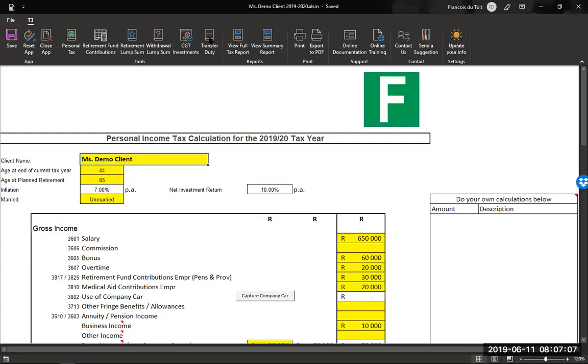We've got this row at the top. This is not just a tax analysis. We also allow you to play with retirement fund contributions, so I'm going to show you that quickly. We do all the lump sum retirement tax calculations. Then there's also a CGT calculator